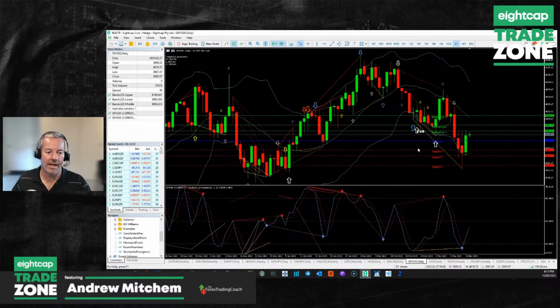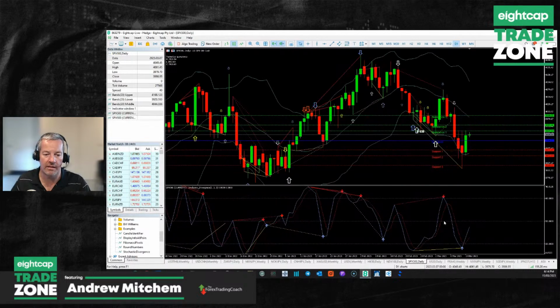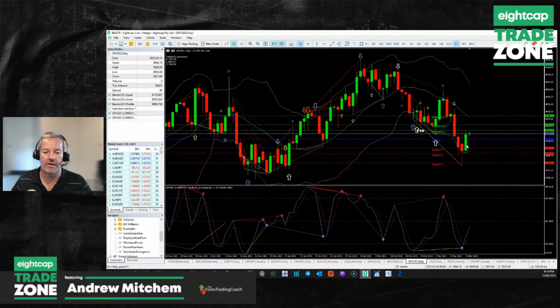So let's have a look back at the setup here. Let me just refresh the screen and try and tidy these stochastics up. There we go. That's slightly better. On here, this is my trade for today. I've seen on the NASDAQ a strong bullish engulfing candle here off the bottom Bollinger Band with the prior indecision